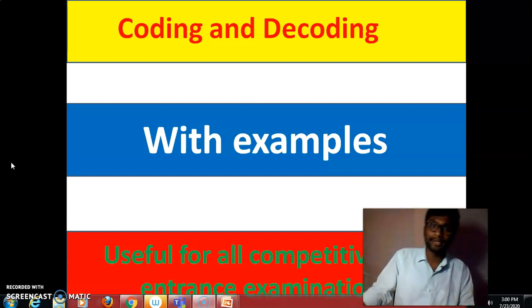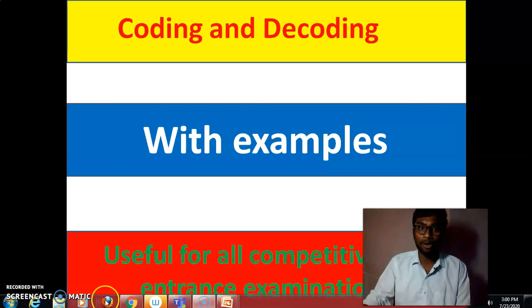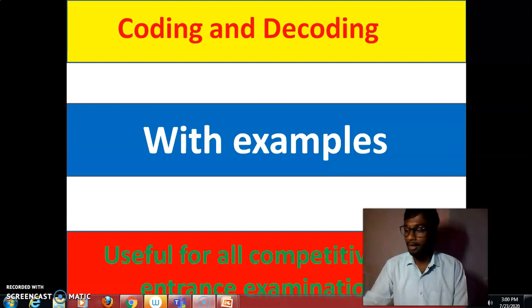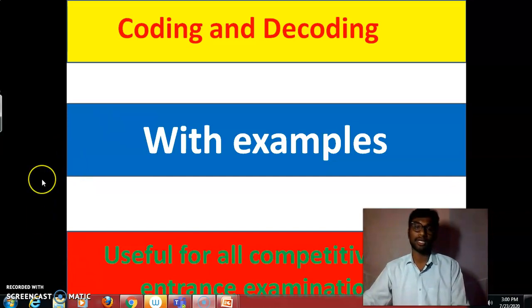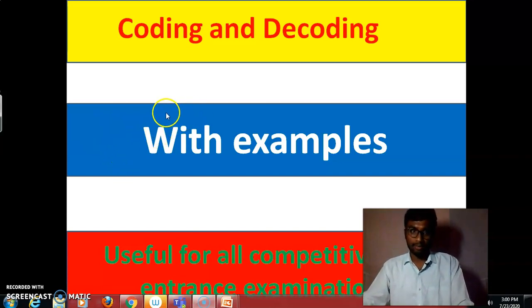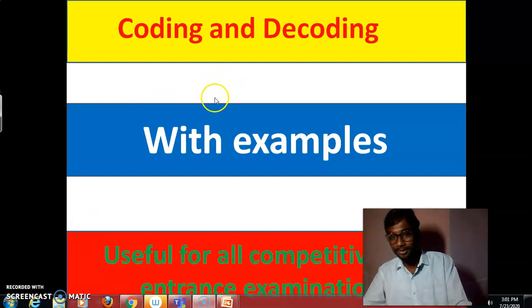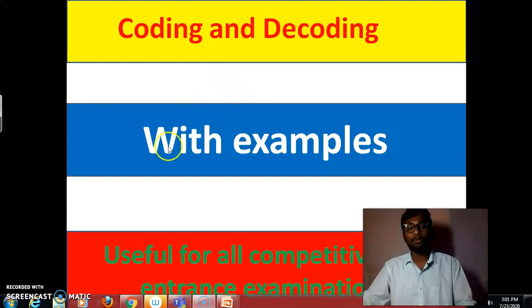So, coming back in front of you with the topic coding and decoding, as you all have seen my first video on coding and decoding, which is really helpful for various competitive examinations like UGC, UPSC, RRB, SSC, banking examinations, as well as some regional and local government examinations. And this is very helpful for the corporate campus recruitment tests, which are generally conducted during the entrance or during the placements. I hope you clearly understood.